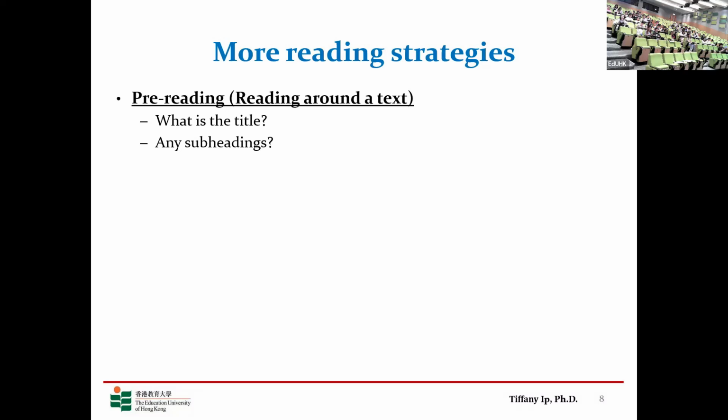At least you understand the flow as well from the subheadings. It's not just about the ideas, you know, how the flow is like. And then any graphs or images, somehow you get an idea very easily, visually. And also you kind of know the tone of the writer. If there are many tables, many statistics, this author may have something like a data set to support what they are saying. If they tend to use, I don't know, bar charts, pie charts, maybe they have collected data and then they will show it in that way.